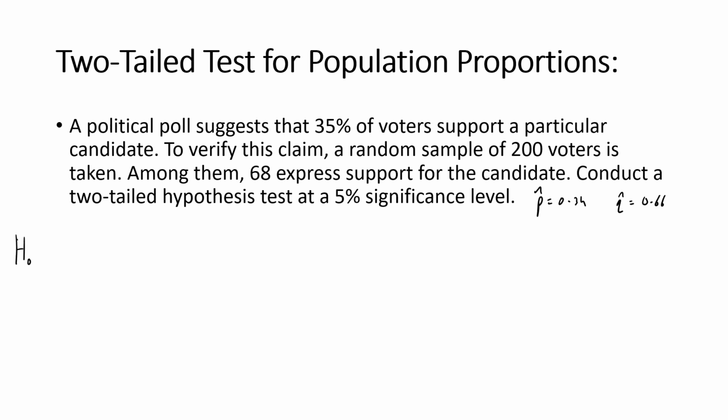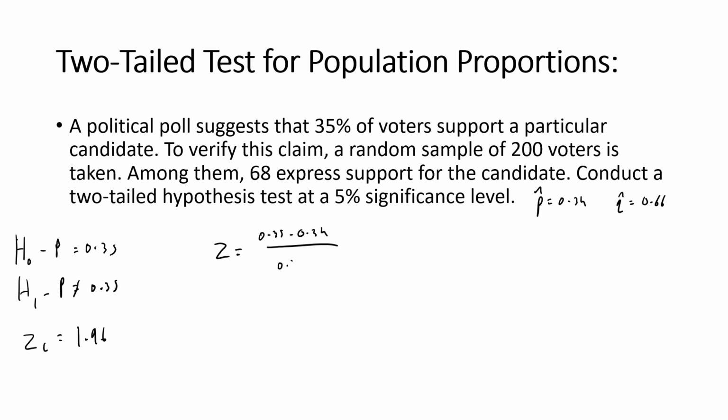H naught will be the true p-value is 0.35, and H1 is the p-value is not 0.35. The critical value for this two-tailed test is 1.96. And now we find the z value, which is 0.34 minus 0.35, or the other way around, it doesn't matter, over the standard error, which is 0.34 times 0.66 over 200, all rooted, which gives us